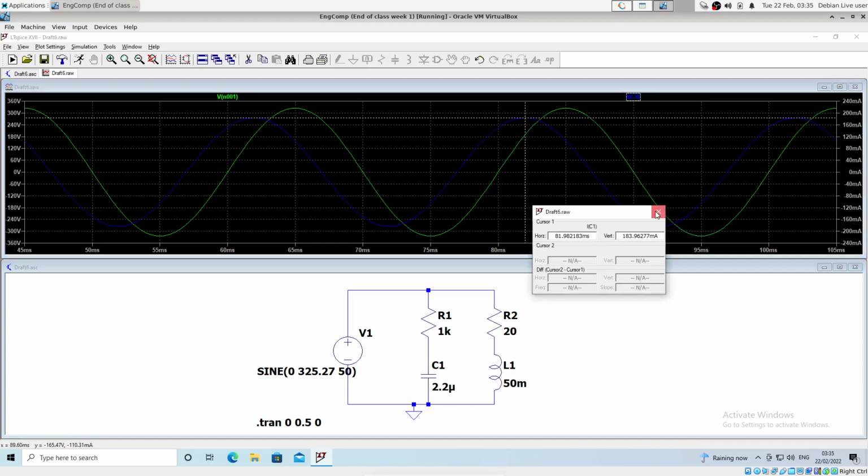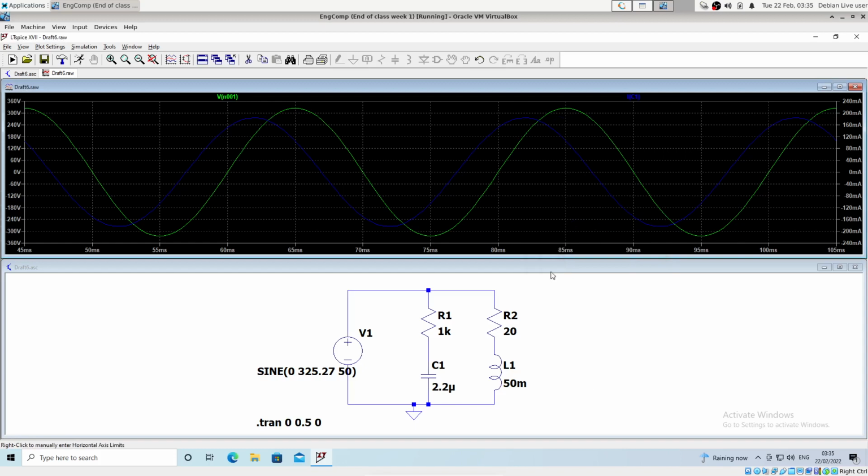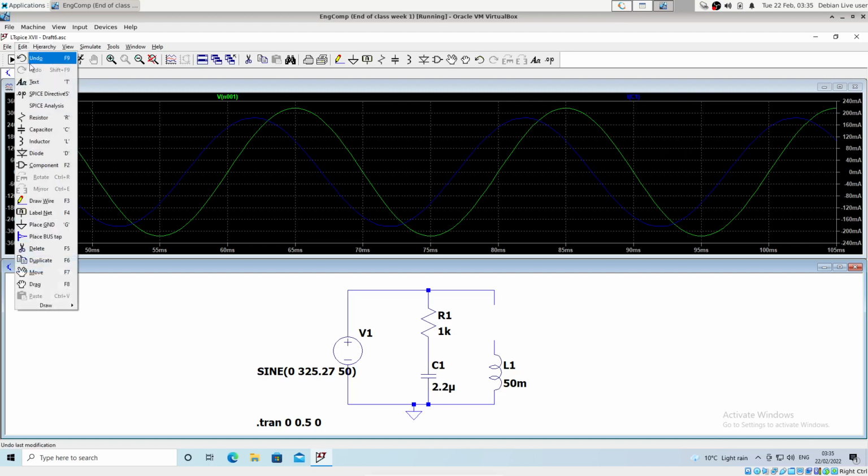I'm trying to think what else is useful to point out here. If you put things onto the schematic that you need to get rid of, probably the best way to do that is using the cut tool. You just click on the scissors here, and then you can chop things out here. So you can click on an element to get rid of it. Hopefully I can undo that,